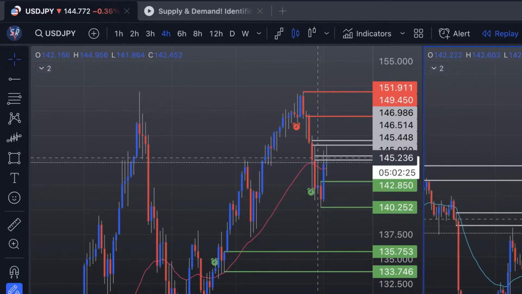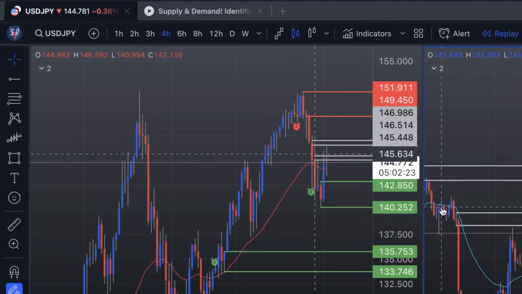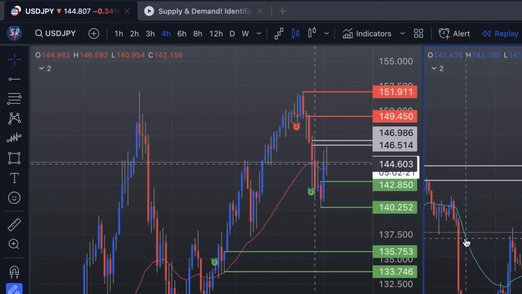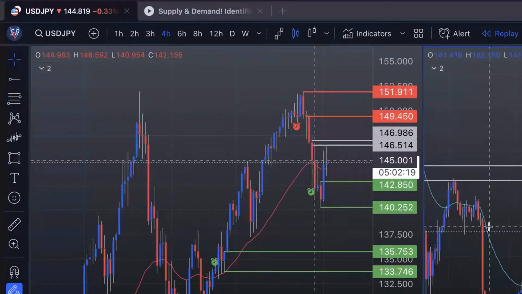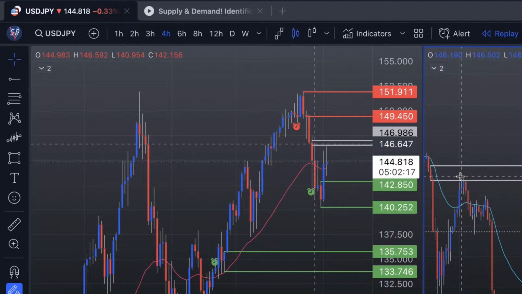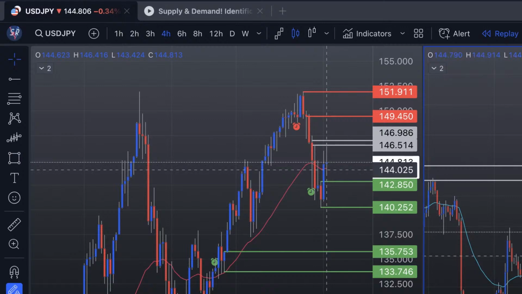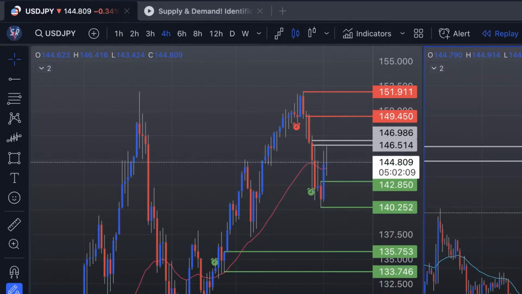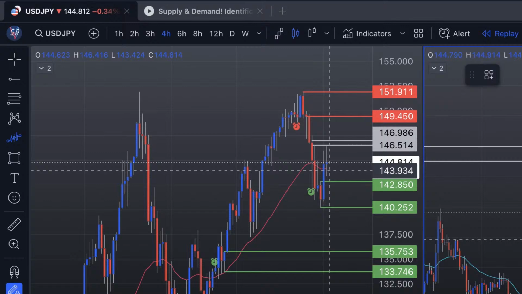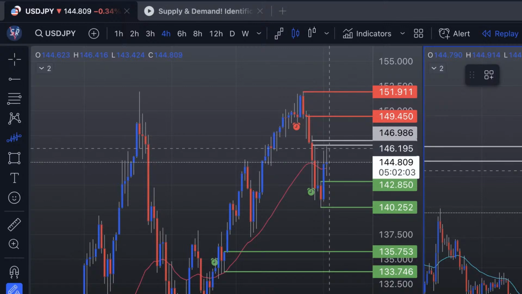Well, now we've pierced through this one. We just barely touched this one. Barely came up to it and sold off. So if we get the sell-off into our zone here, and we want to take a bounce, for sure,